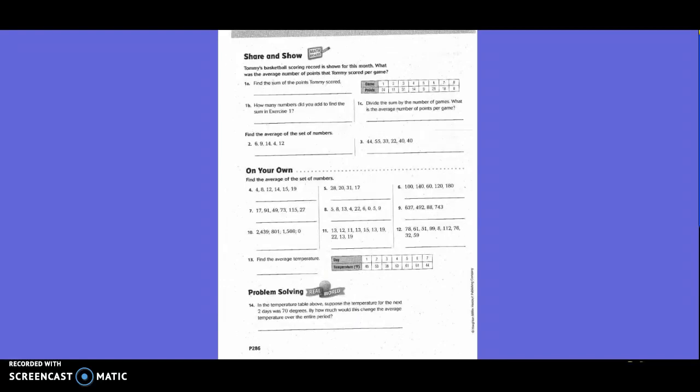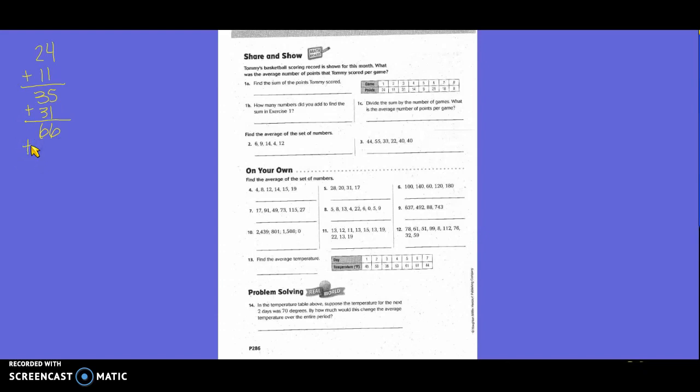Tommy's basketball scoring record is shown for this month. What was the average number of points that Tommy scored per game? Find the sum of the points Tommy scored. So we're going to use the first line or the second line? The second line, because we don't need to know the games yet. We just need to know how many points he scored total. So I'm going to add 24 plus 11 and get 35. 35 plus 31 and get